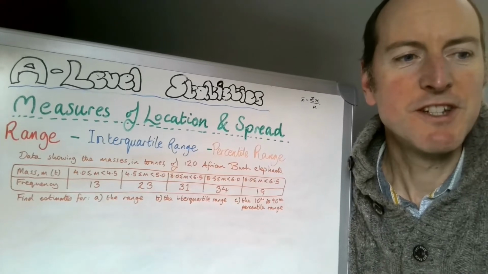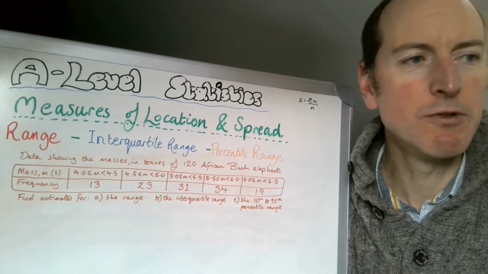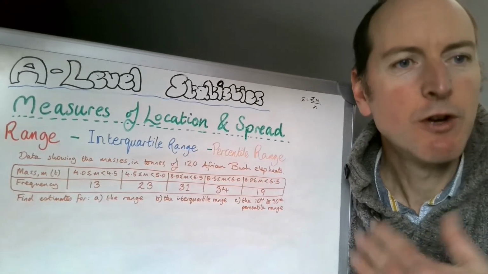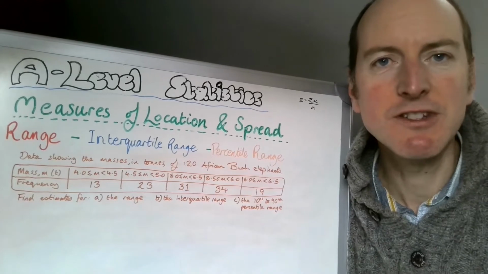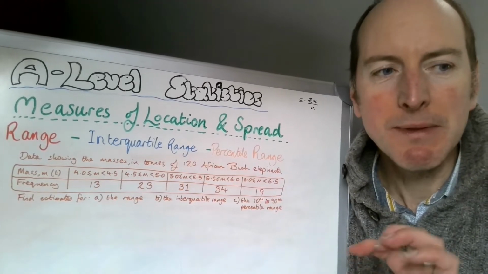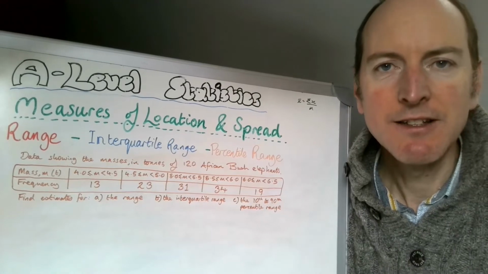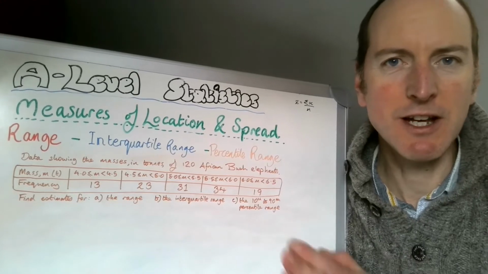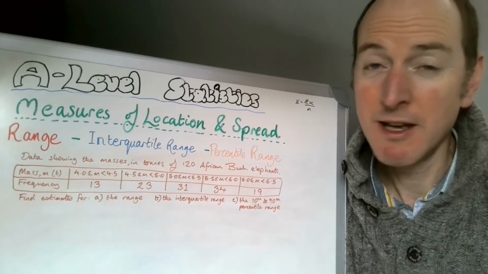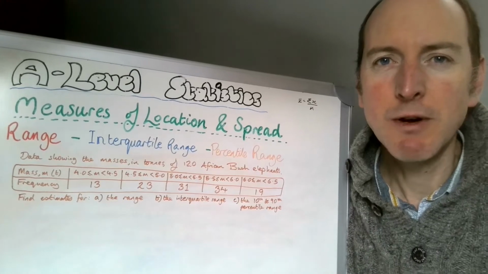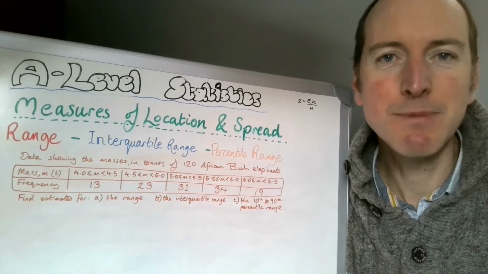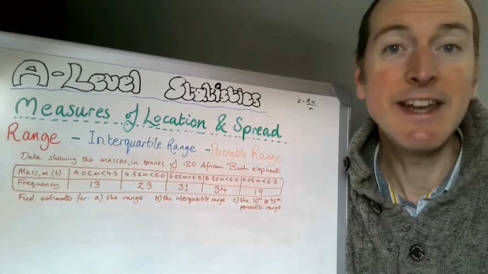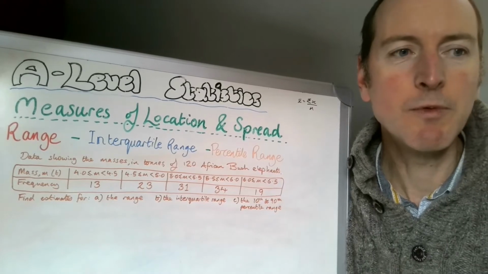Hi everyone. So today we are taking the real plunge into measures of spread properly, which means that we're starting to talk about the range, also the interquartile range, which you would have come across at GCSE, but adding percentile ranges into that. So the interquartile range would tell you where you're at with the middle half of your data, sort of cutting off the top quarter and the bottom quarter. But it may well be that you only want to cut off the top and bottom 10%, so you would have the 10th to 90th percentile, as we're going to look at in our first example, where we start looking